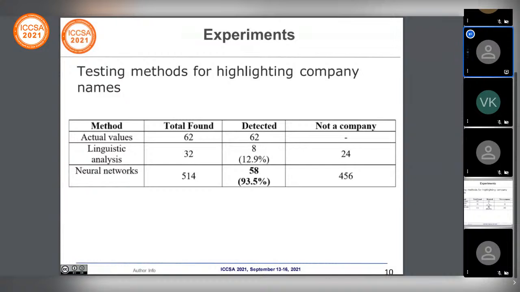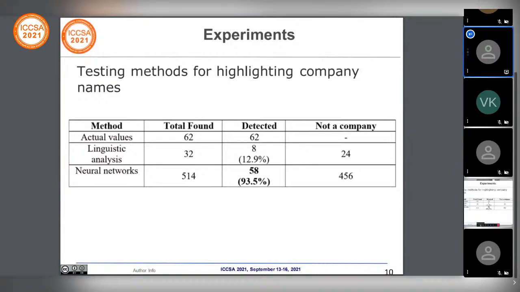The result is less than 13% of the total number of companies mentioned. The method using neural networks shows a significantly better result, 92.5%, but it is worth noting a very large number of unnecessary phrases that are perceived as company names